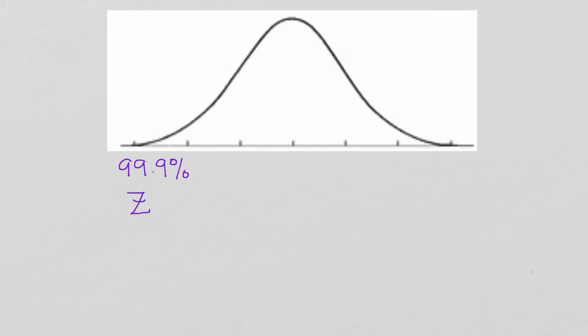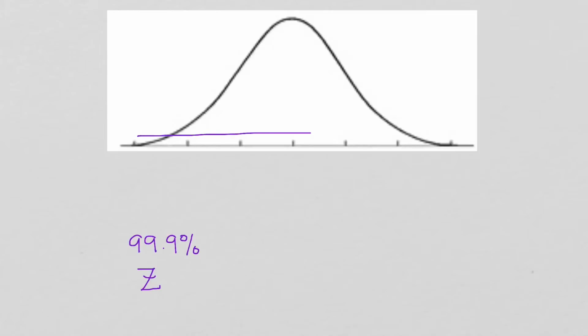It means that we want to capture 99.9% of the distribution. Now, from the empirical rule, so see, this is something that is coming in handy now. From the empirical rule, we know that between -3 standard deviations and +3 standard deviations, we have about